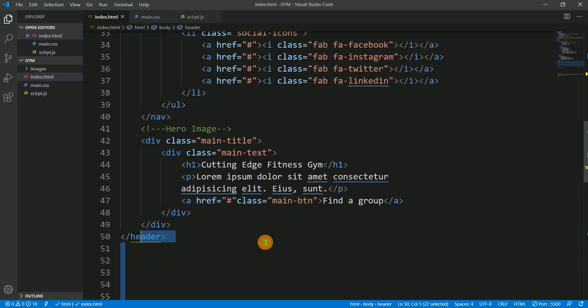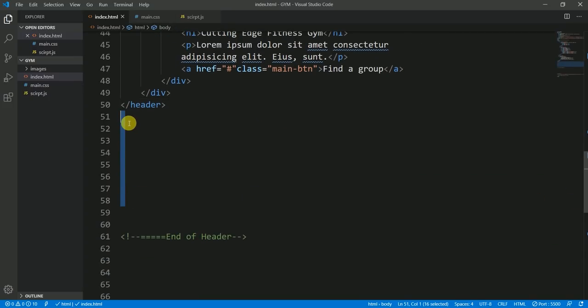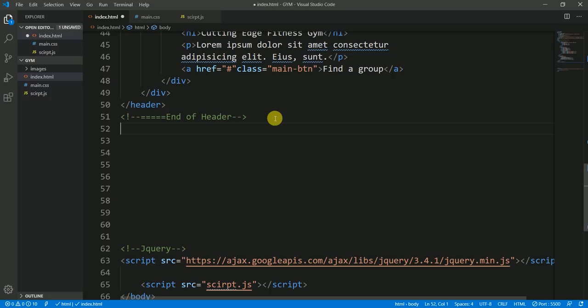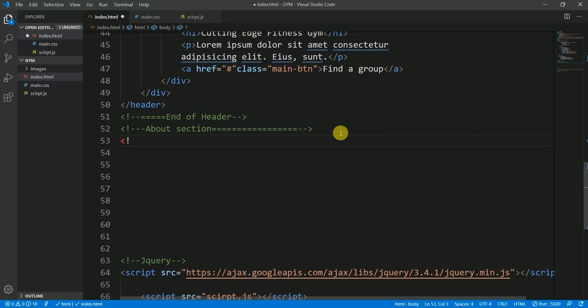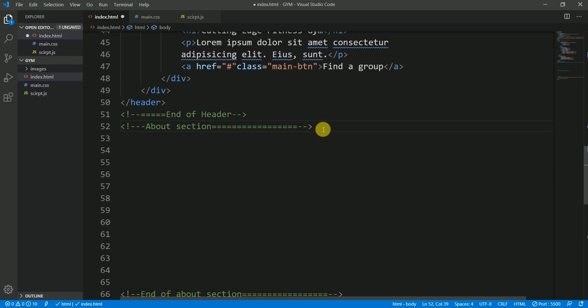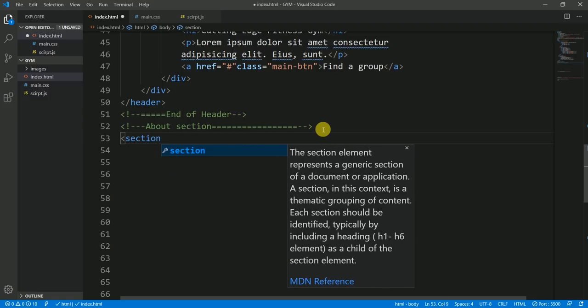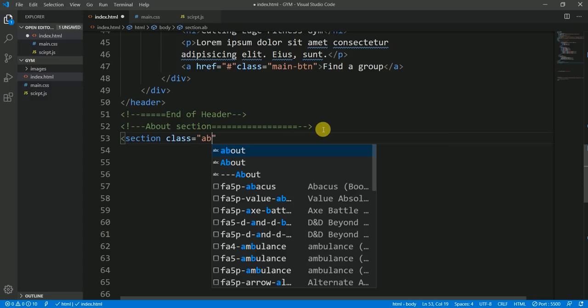First of all, as usual, I have to prepare a markup in index.html. So for the markup, let's have a comment about section, and end of about section. Okay. So let's start writing by using a section element of HTML5. I'm assigning it a class of about,